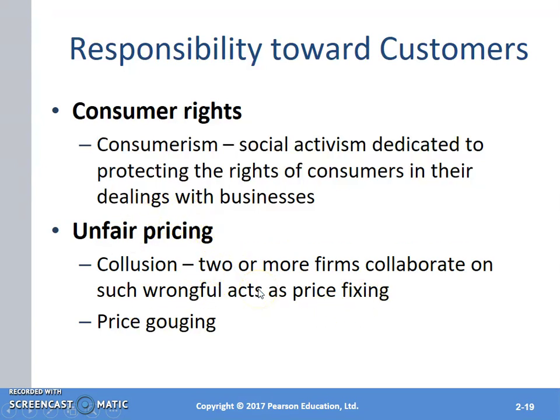For example, because we want to increase the price of our product, what we do is we stop supplying the product. When we stop supplying the product, the end consumers do not have enough quantity to buy, so they will start to increase the demand. That is how we increase the pricing. So this is unethical, and this is unfair pricing.